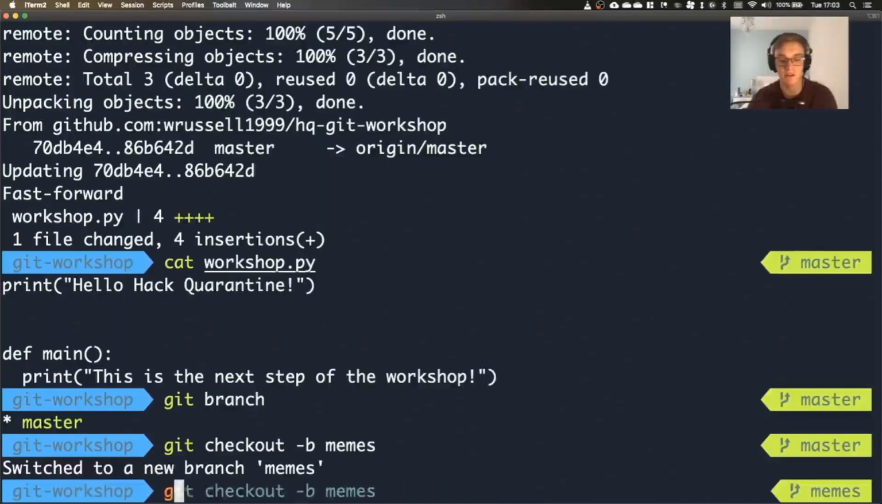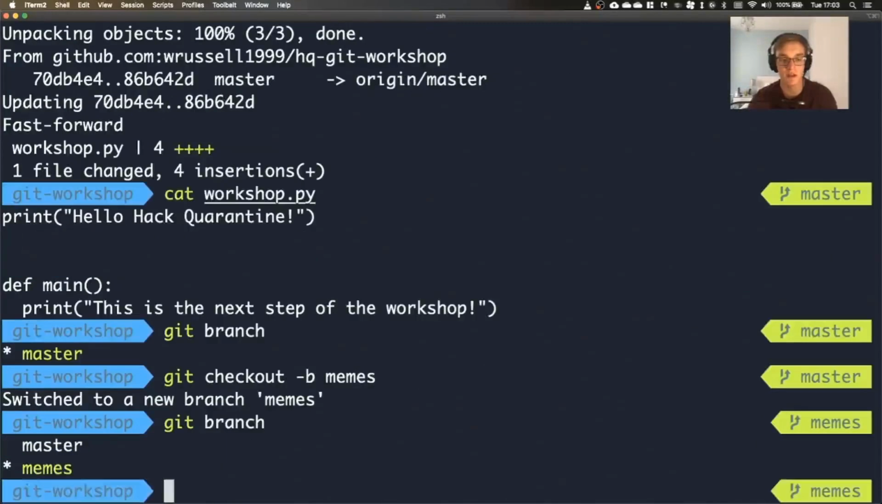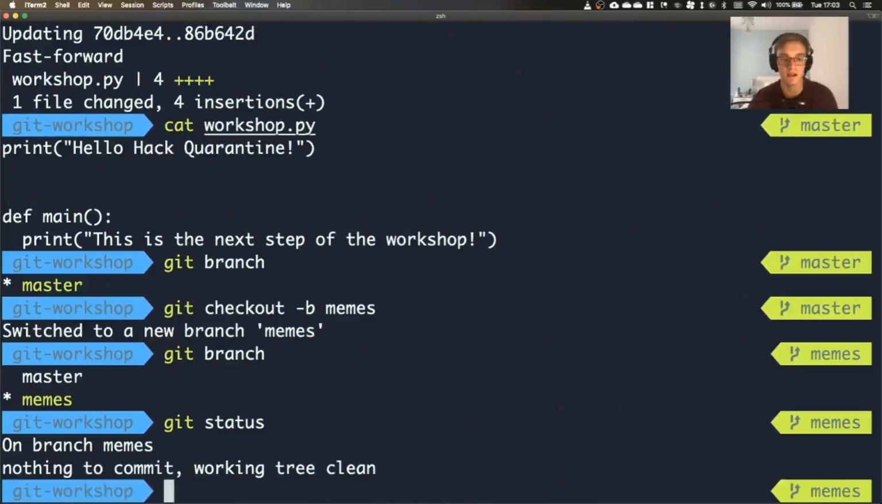It's going to create us a new branch and check us out to it. So it's basically created the new branch and swapped us to it, which is quite convenient. As you can see now, I'm on the memes branch, and I can see there's nothing on here. So what we're going to do is create a new file. This one's going to be called